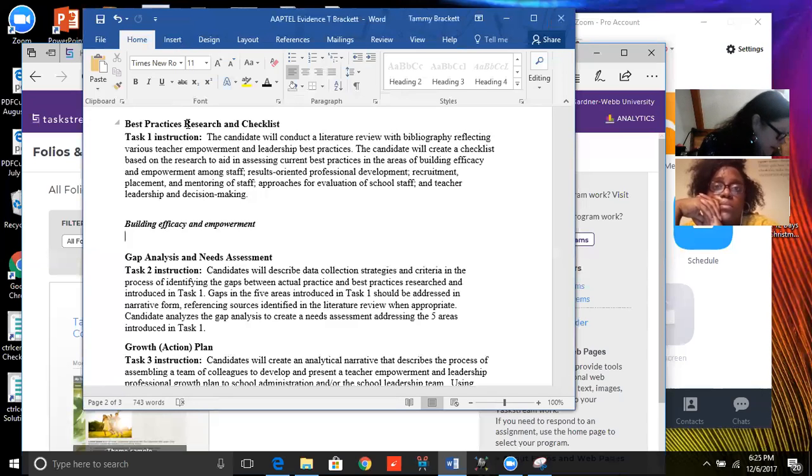And then there's like 7 or 8 of those documents. Each week he gave 2 or 3 documents to look at and use for part of your APTEL. So that's what I did.